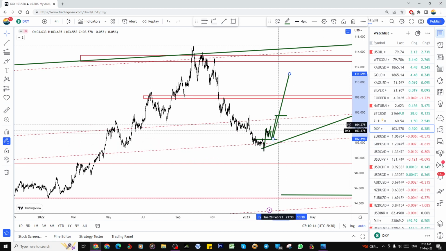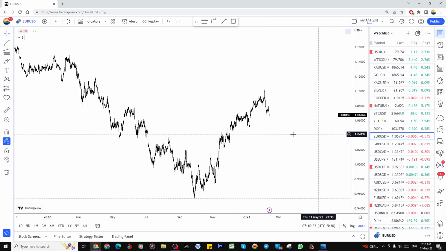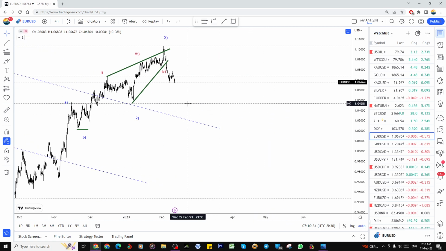So now I'm looking only for this kind of setup, but I haven't updated all my pairs. This week I'm doing only the YouTube. If I find any time, I will update my chart. So Euro USD also,